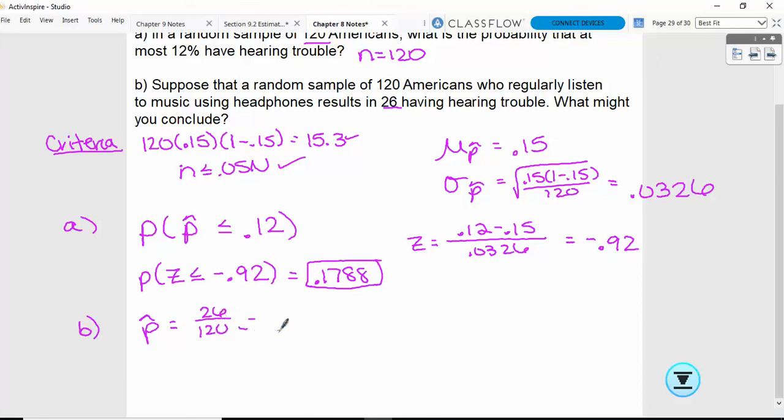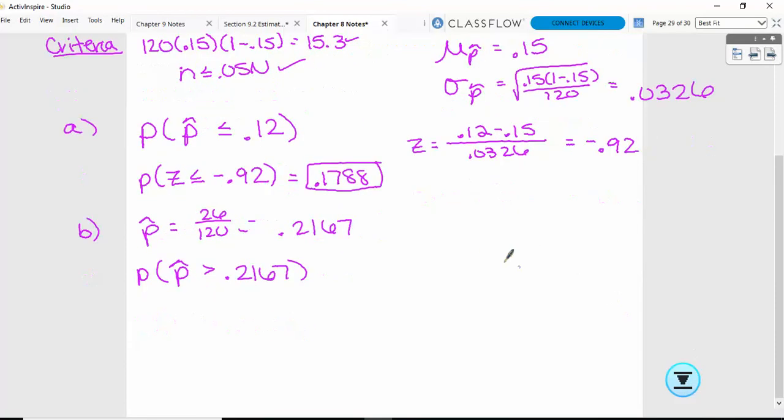So 26 out of 120. That's higher than my regular average, so to figure out if this is unusual or not, let's find the probability that we are bigger than that number. So if we get our z,